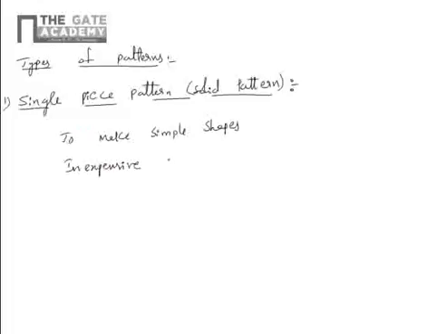In general, for casting preparation, they prepare two boxes. The top one is called the cope box, and the bottom one is called the drag box. In a single piece pattern, the entire pattern will be in the drag